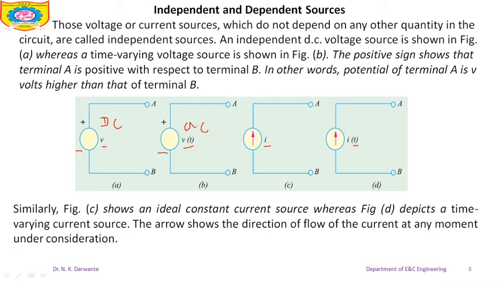Similarly, for the AC current source, you can see the symbol. The symbol is the same, only we have to write the T in brackets. That means the current varies with respect to time. And this arrow shows the direction of current, meaning current is flowing towards the terminal A, but the circuit will not be completed in this case. This is only the symbol of an independent source. Hereafter we have to connect the circuit.